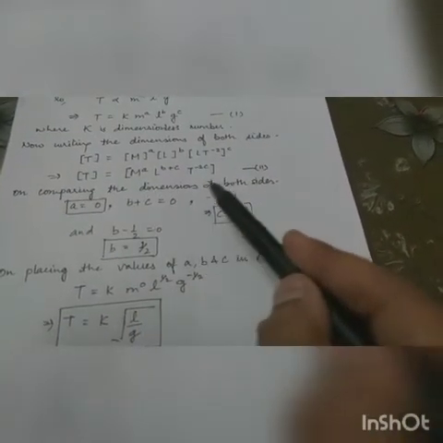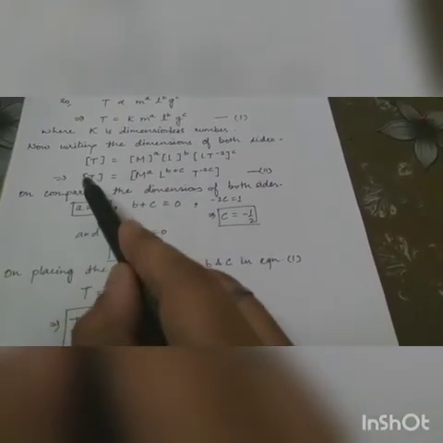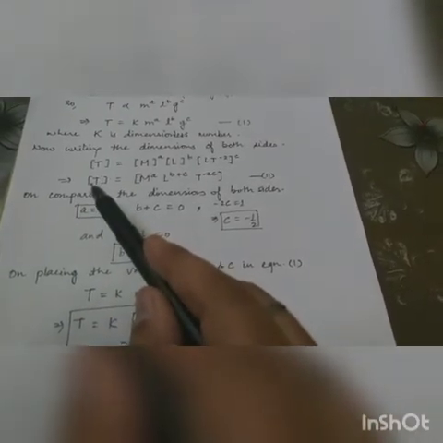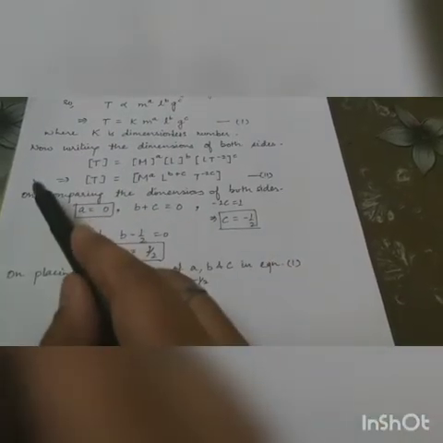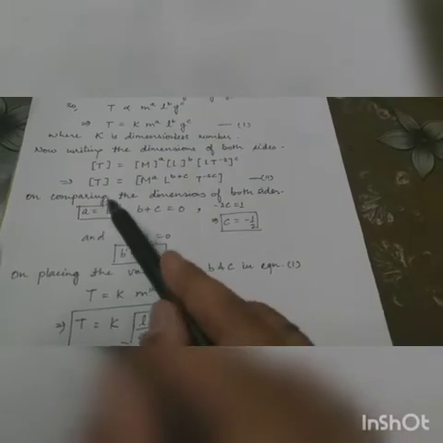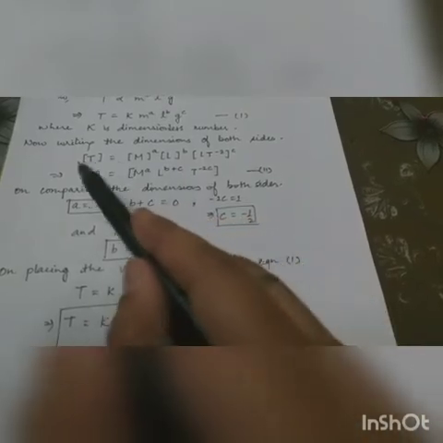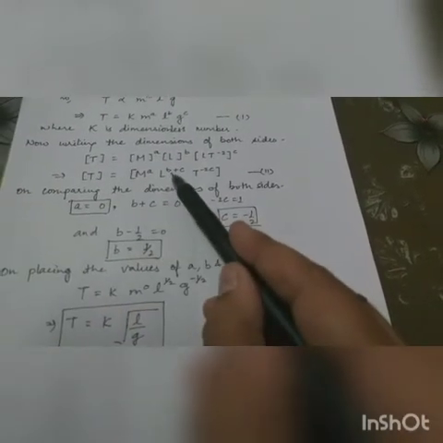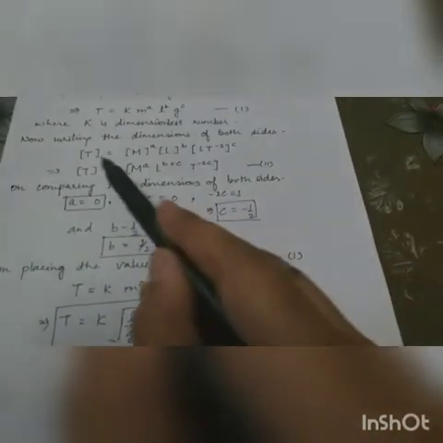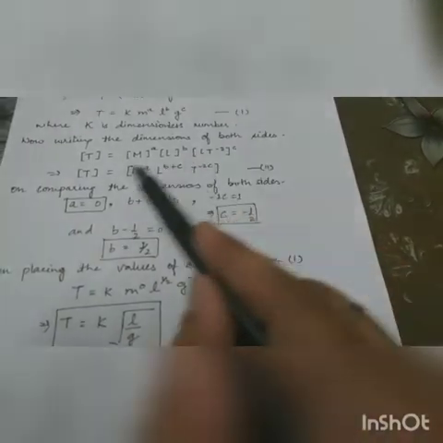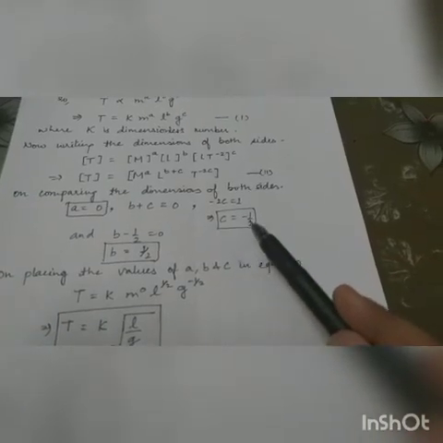Now on comparing the dimensions of both sides, on the LHS we have M raised to power 0 and L raised to power 0. It is not written but we can consider it, and T raised to power 1. So on comparing, M raised to power a and on the LHS M raised to power 0, so a is equal to 0. First value, a equal to 0, determined. Second, L raised to power b plus c is equal to L raised to power 0, so b plus c is equal to 0. Then minus 2c is equal to 1, since T raised to power minus 2c matches T raised to power 1. It means c is equal to minus 1 by 2.